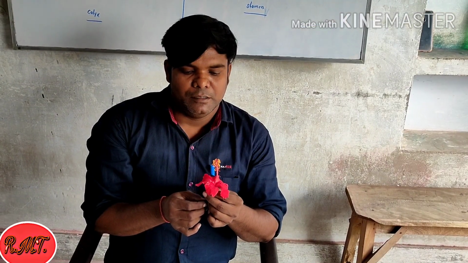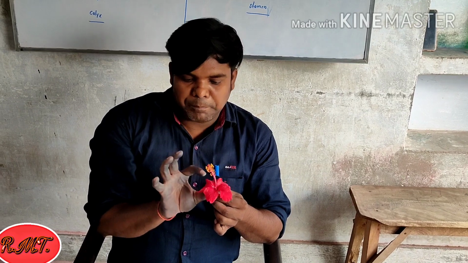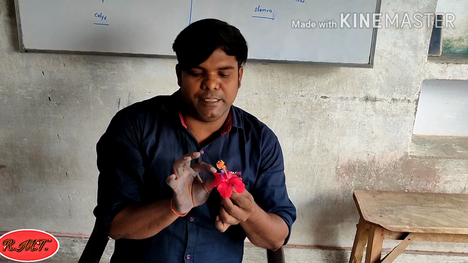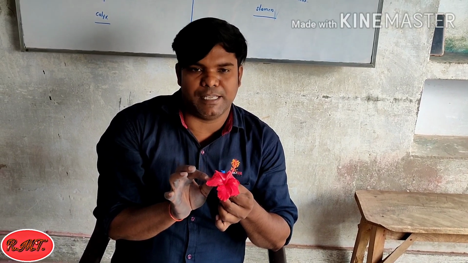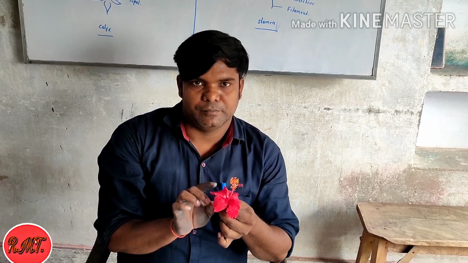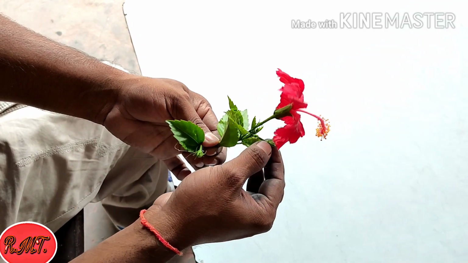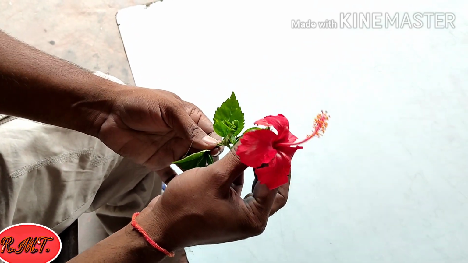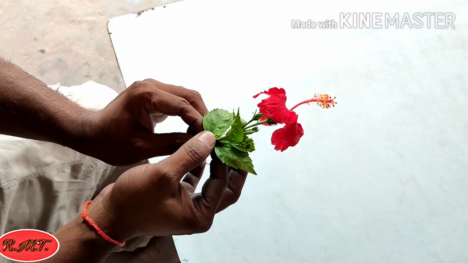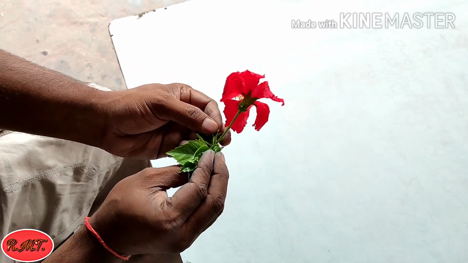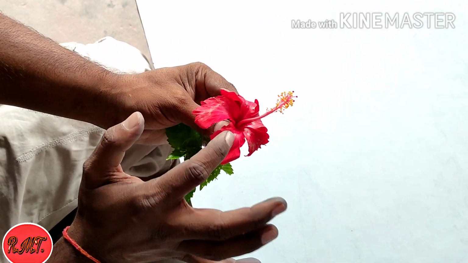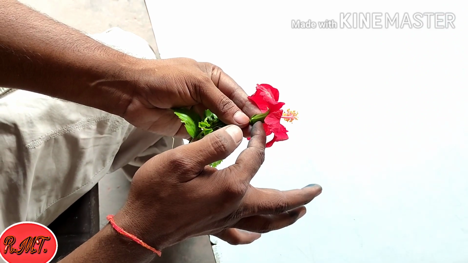We studied the floral parts practically with a natural flower. This is the flower of Hibiscus rosa sinensis, that means hibiscus. It's also known as China rose. These are the leaves and this is the main branch, and from this main branch the flower arises. The flower has different floral parts: calyx, corolla, androecium and, below, the gynoecium.